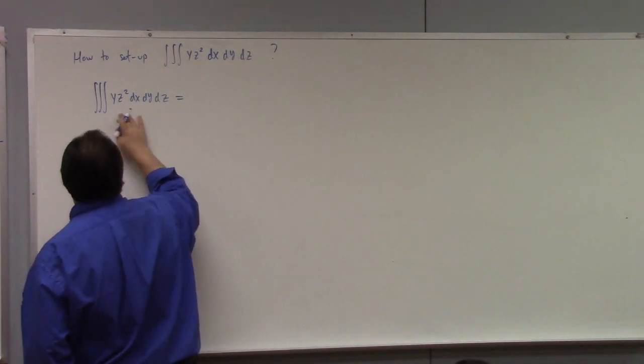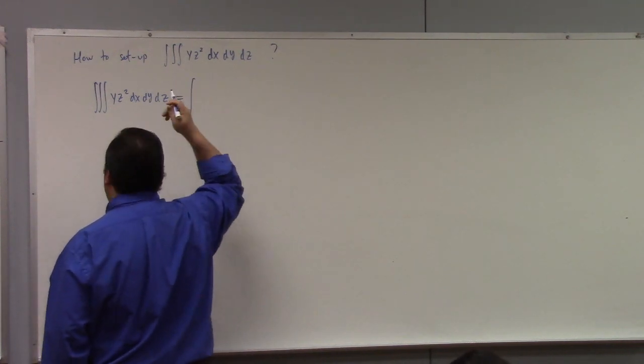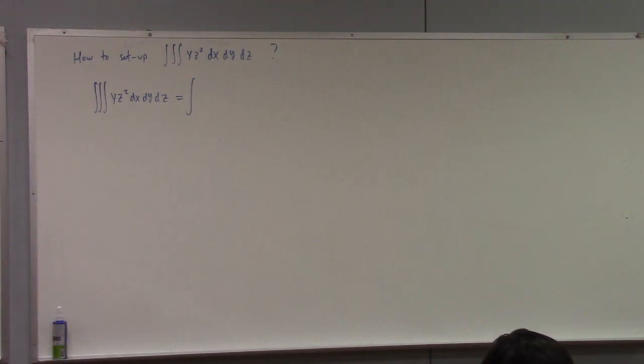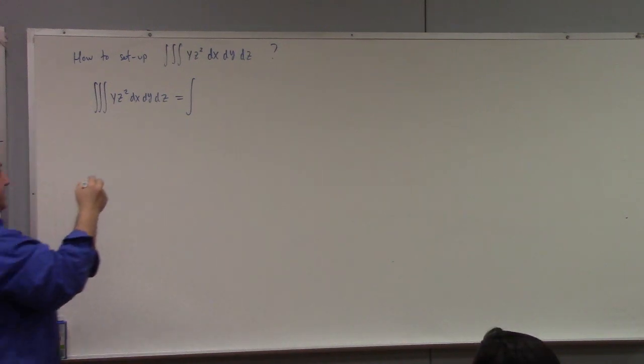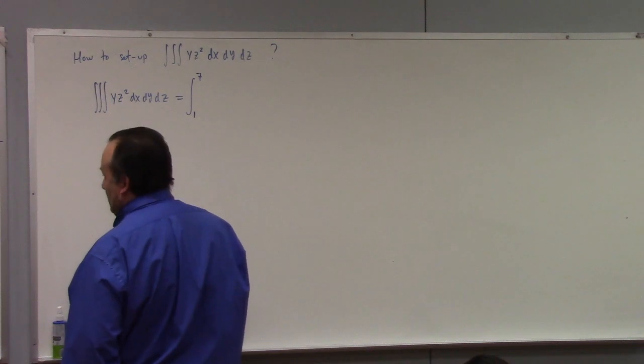What would the last shall be first? The dz integral. That's the one that's the last. That would go from 1 to 7. And it occurs to me